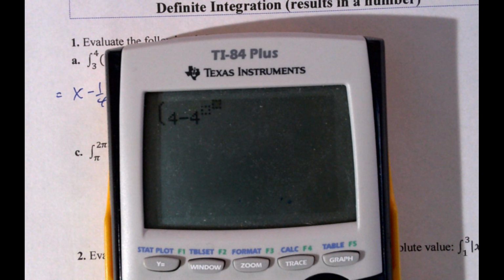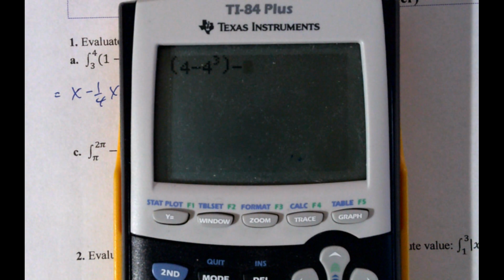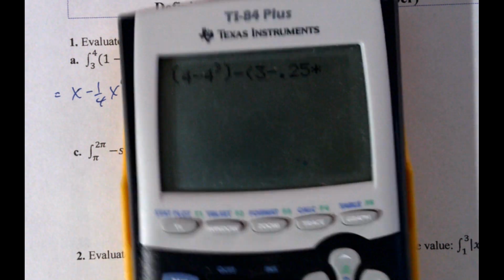Oh, there it is. 4 to the third minus 3 minus 1/4, so it's 0.25 times